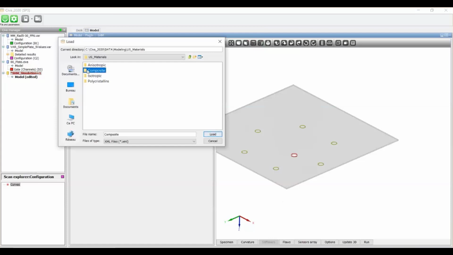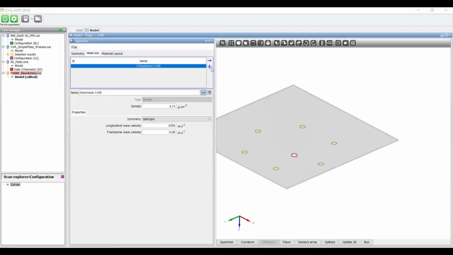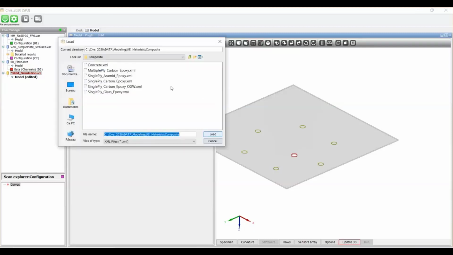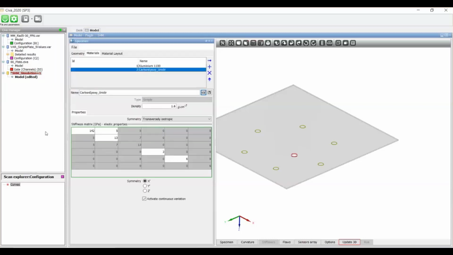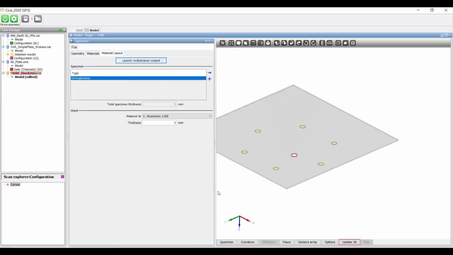So, for instance, let's add one material in the list here, and you can load a carbon epoxy ply, which is an anisotropic material defined by its stiffness matrix with stiffness constants here. You can load different materials, and then you will assign to the component one or several materials.